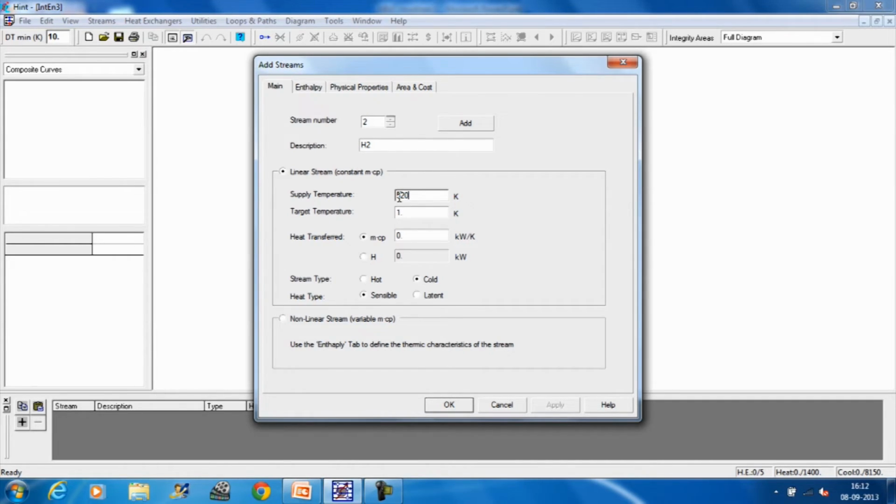This is from 520 to 220, and the MCP value is 40 in terms of kilowatt. 3 is cold stream C1, starts at 300 degree centigrade, goes up to 900 degree centigrade, and the value of MCP is 43 in terms of kilowatt. And then it goes to the fourth number C2,